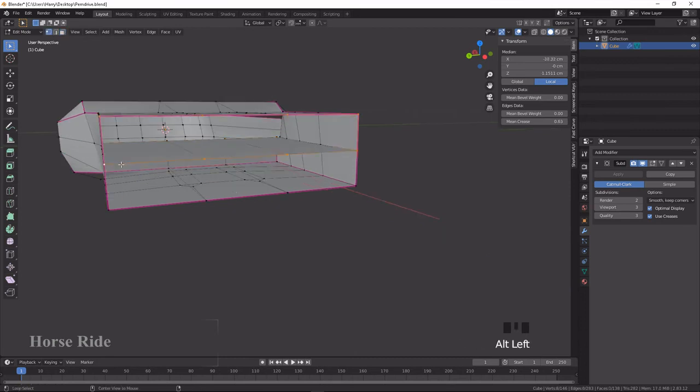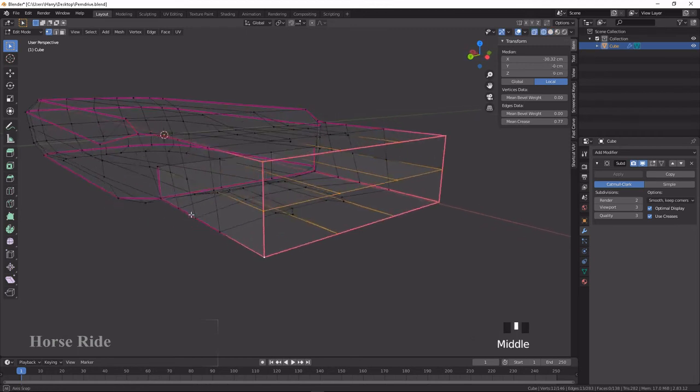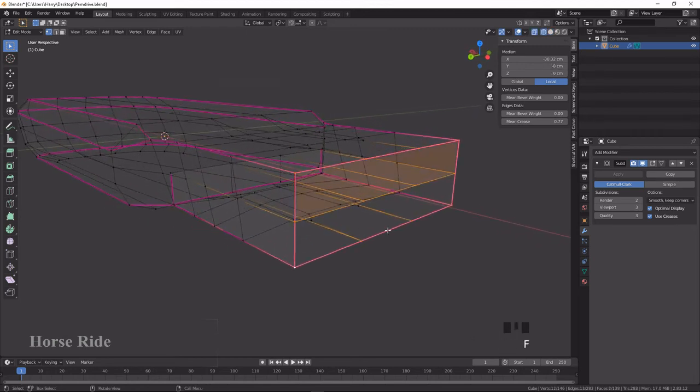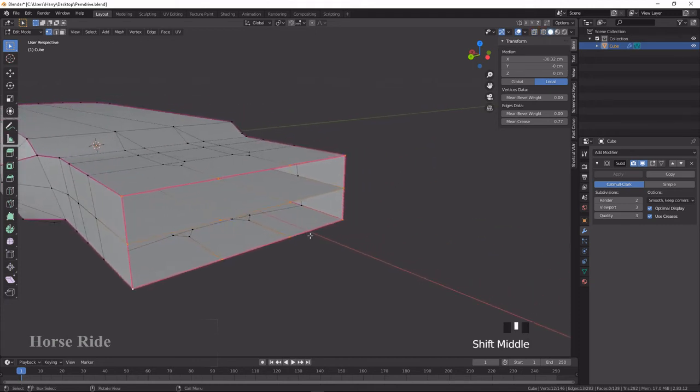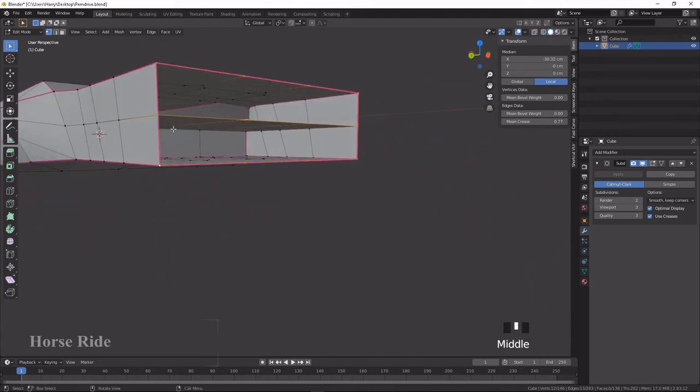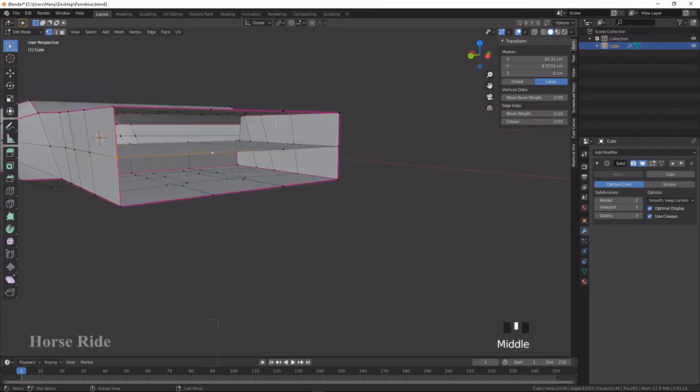So for this, what I'm going to do is select this one, Shift Z. So we have selected the first stage, press F2. Select this one, select this, so this is the corner, and press F to fill.